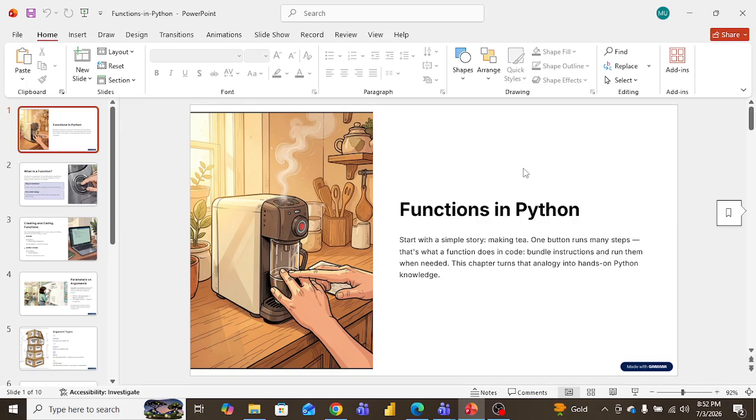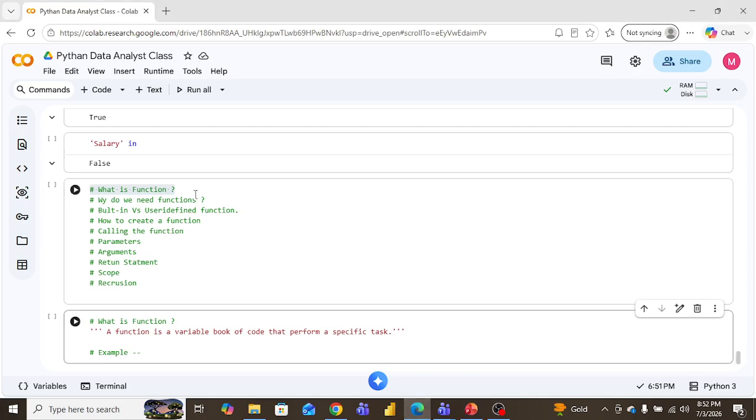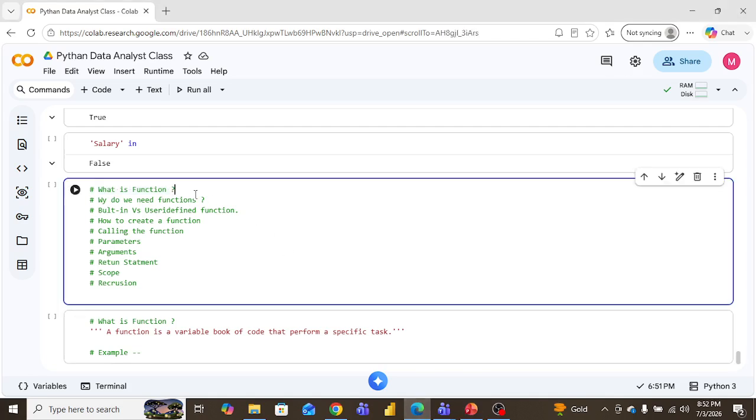Here, you can understand with one picture. Here we are making tea from a machine. I will explain. Before this, we have to understand what we will learn in today's class. What is a function? We have to learn why we need a function, and built-in